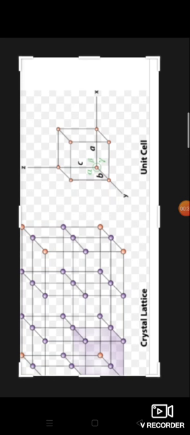A crystal lattice or a space lattice is a regular three-dimensional arrangement of points in space. Lattice is nothing but an arrangement of points in space. Suppose you take any solid, it has a surface. How these points are arranged on that surface is what is known as the crystal lattice.